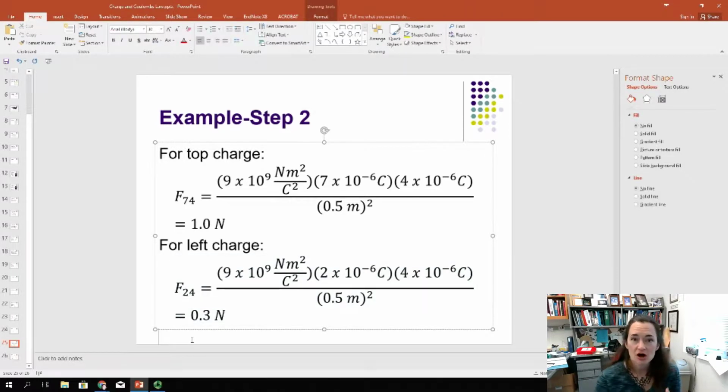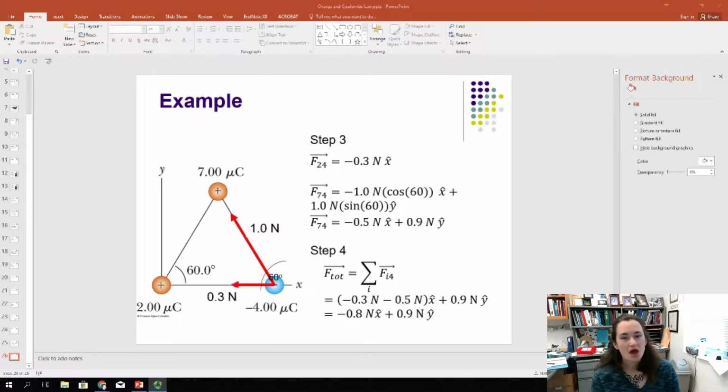For my left charge, I'm also going to calculate my magnitude. F2,4 is 9 times 10 to the 9th newton meters squared per coulomb squared times the magnitude of my two charges, 2 times 10 to the minus 6 times 4 times 10 to the minus 6 coulombs, divided by the distance in between the two charges, which is half a meter squared. Okay? And that gives me a net force of 0.3 newtons. Okay,